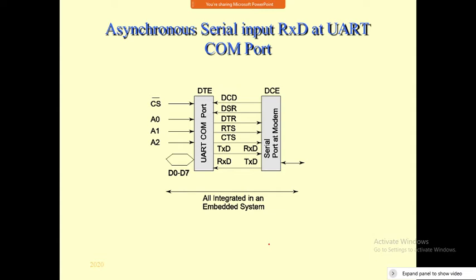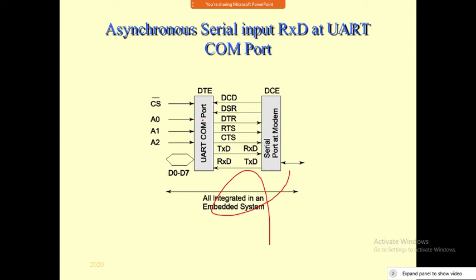Asynchronous serial input. Each bit in each byte is received at a fixed interval, but each received byte need not be synchronized. See, each bit in a byte will be synchronized, but the bytes received are not in synchronization. That is asynchronous serial input. The bytes can be separated by variable intervals or phase differences. That is the asynchronous one.